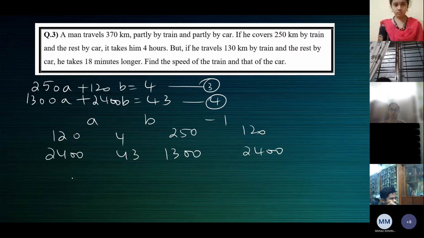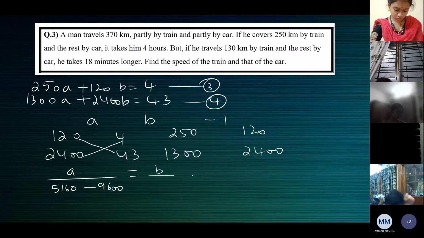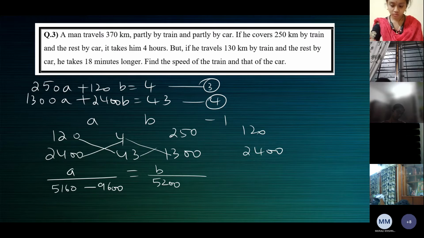So after this, you will get A divided by, when you multiply this, you get 5160. When you multiply this, you get 9600. Difference is equal to B by, when you multiply this, you get 5200. When you multiply this, you get